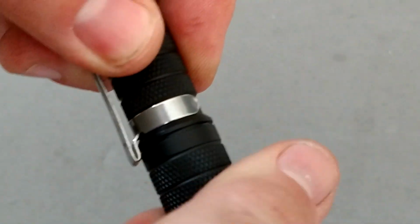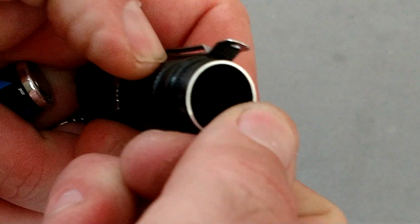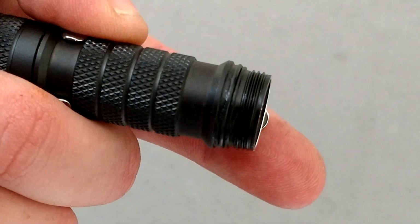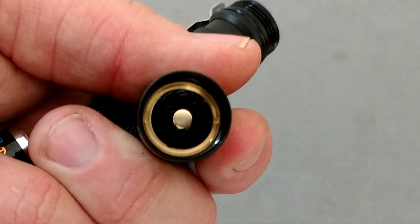Threads are pretty smooth. They're not horrible. And at the head end, that battery out. It did come with a battery. This one's a little smoother than the other one, but you can see you have pretty decent, almost trapezoidal shaped threads, O-rings, lightly lubed, and you can see you do have a little plastic